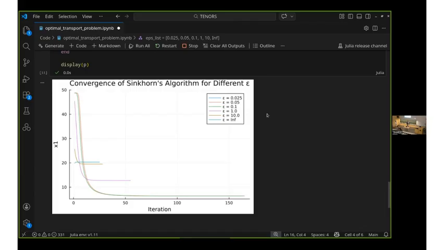Okay, let's do this component-wise. This is x i, k, so the previous iteration, times b to the a i, and I divide by A x k to the power a i again,